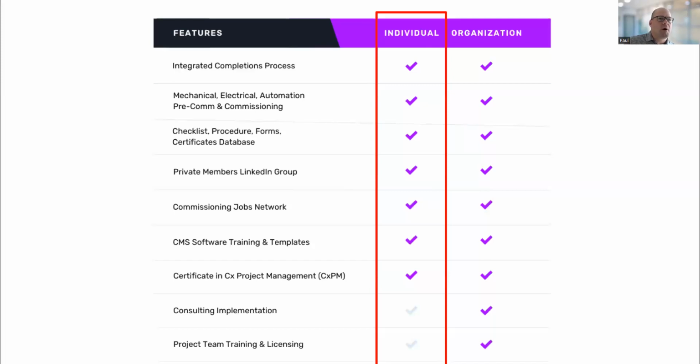When you enroll in our program, you get our complete integrated commissioning process to follow, everything that we've discussed today, including all of the typical mechanical, electrical, automation tests that take place on projects. You also get to see our software tools training, which has been a recent upgrade, and when you log in and you're completing some of the programs, you get trial access to the software